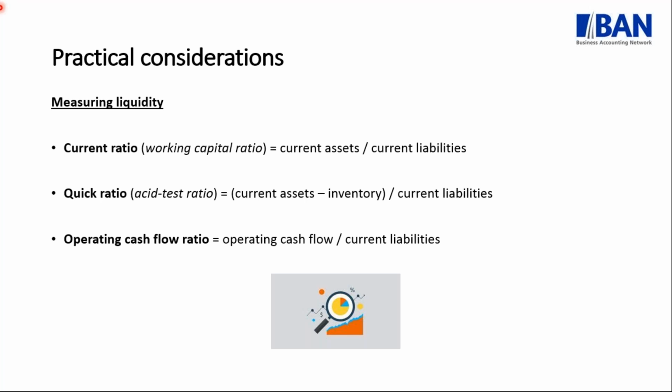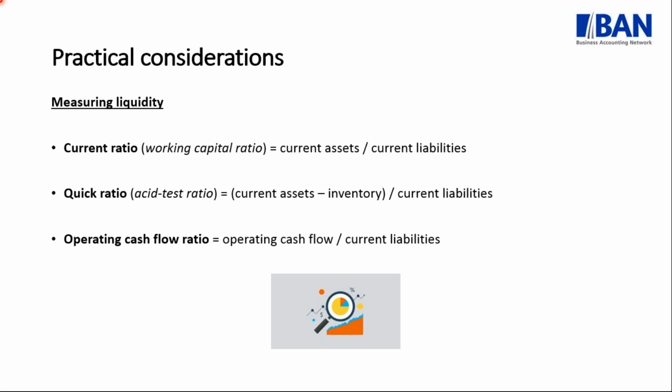The third ratio under your liquidity measures is the operating cash flows ratio. This is calculated by taking your operating cash flow over your current liabilities. In the example we're going to do shortly, I'll show you what the operating cash flow really is. This ratio measures how well your current liabilities are covered by the cash flow generated by the company's operations. The higher this number is, the better, because it ensures that the company's current liabilities are covered more times over. And if it's increasing, it indicates that the financial health of your business is increasing.